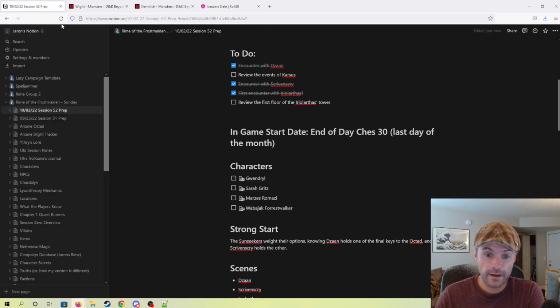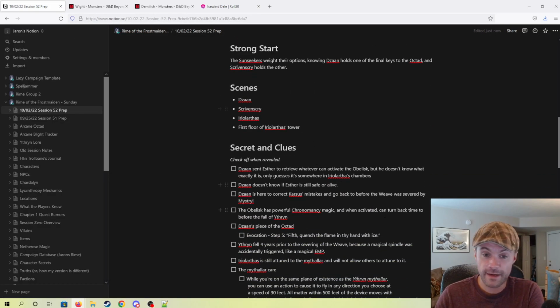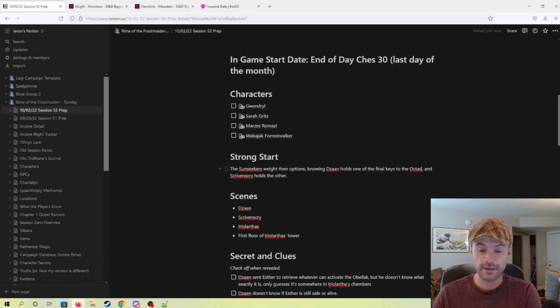Where we are starting is basically where we left off last time. It's nothing too exciting. It's just the group weighing their options. It's the end of the day. They've got to decide what to do next, if they're just going to stay here and rest for the night and then continue, or if they're going to go into the encounter guns blazing, and maybe not guns blazing. Maybe they decide to go and do the encounter, talk to Dazan, work something out. I think if it comes to it, Dazan's going to try to get them to work with him. I don't see it going that way, but